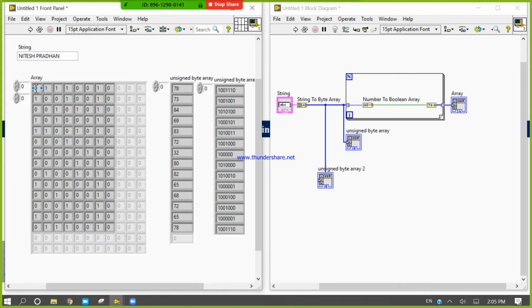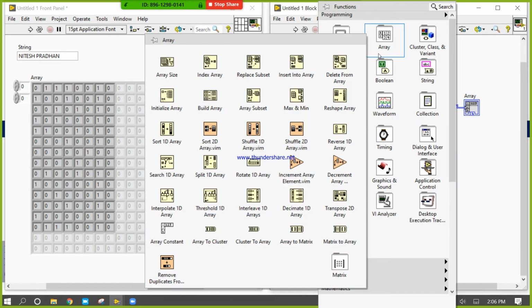Because here it is LSB, it is MSB, so you are getting something different. So to reverse, 1D array, reverse 1D array, where is the reverse 1D array? Reverse 1D array.